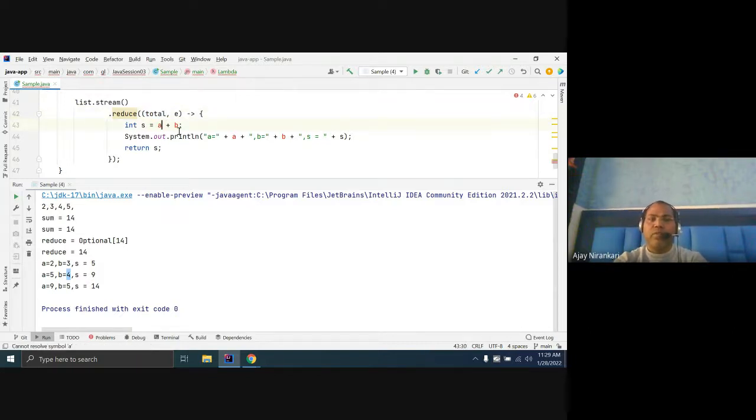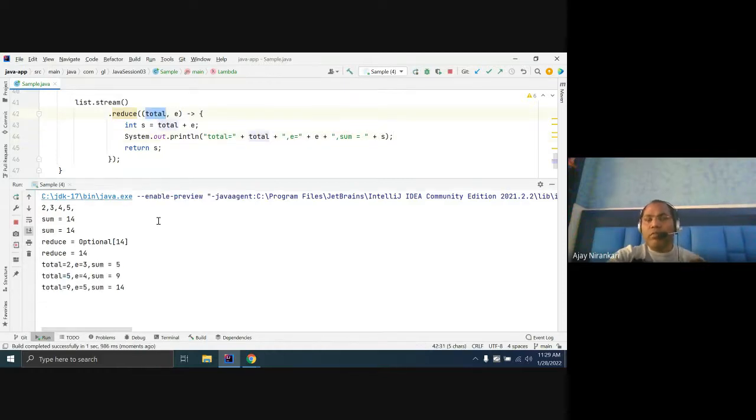The first parameter is your total, plus your element. You can visualize a as your total and b as your element, and sum as your sum. So in this way, the first parameter is just your sum.